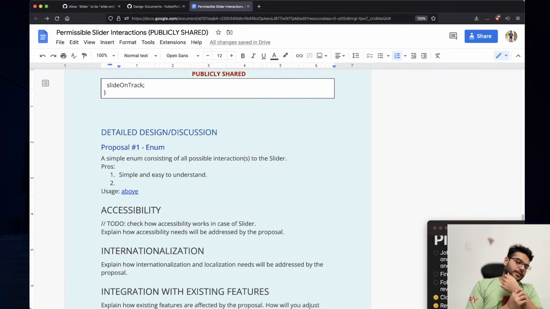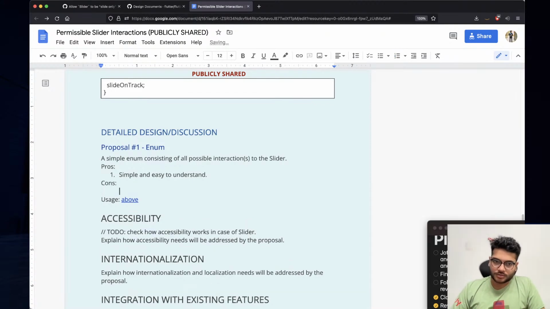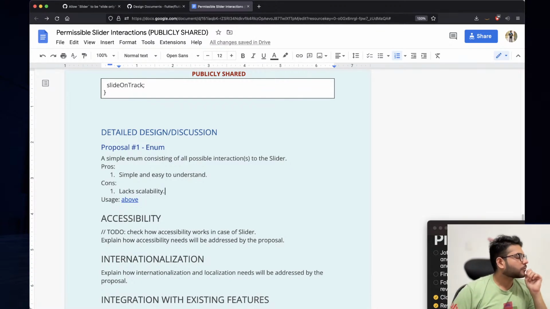Pros is simple and easy to understand. Cons is it lacks scalability, because it's not scalable. Down the line, if we have to add a new type of interaction,